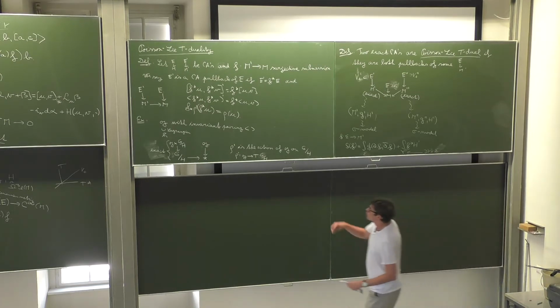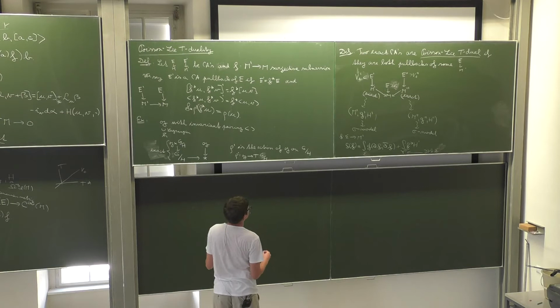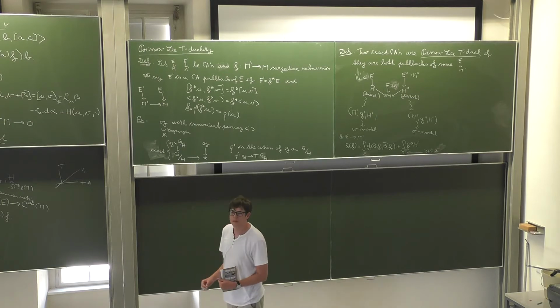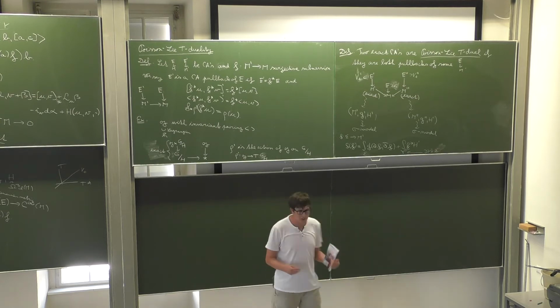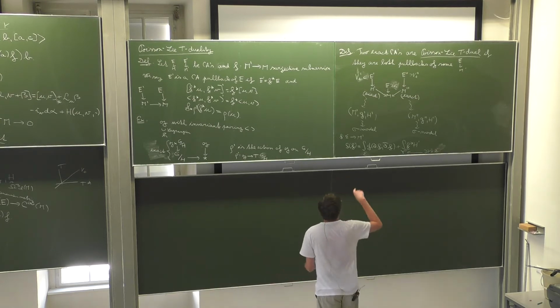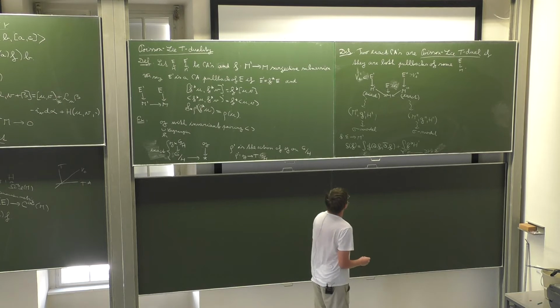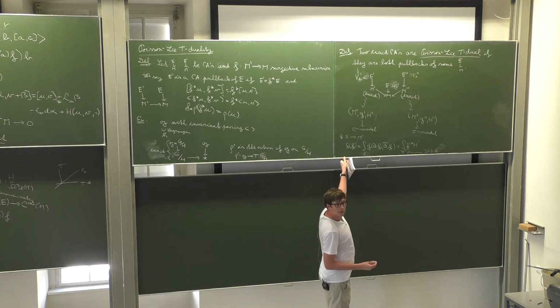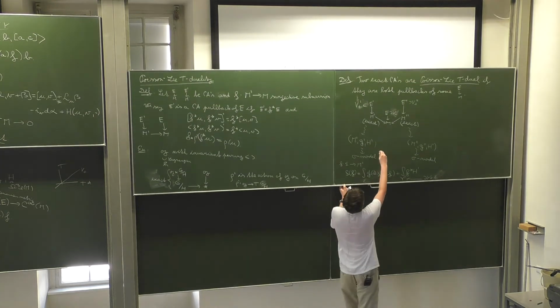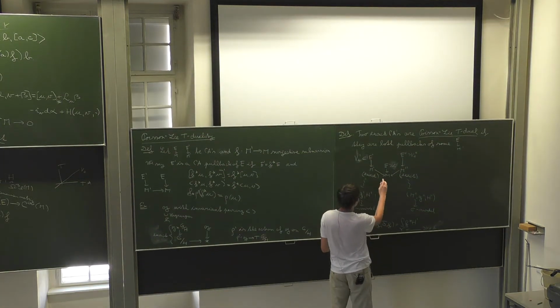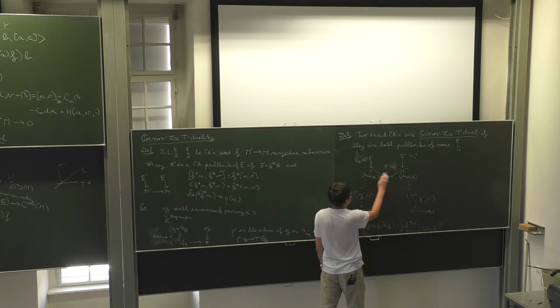Yes, they have to match because, so the question was if the dimensions of M and M prime have to match. Right, so in general, these two dimensions have to be the same. So the reason for that is that